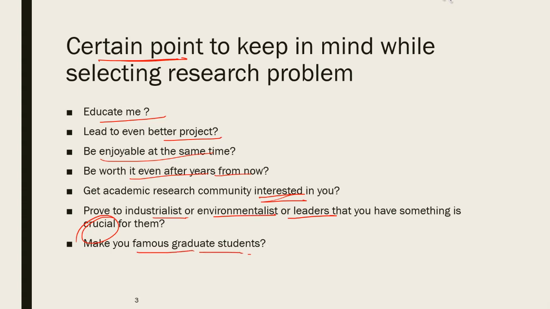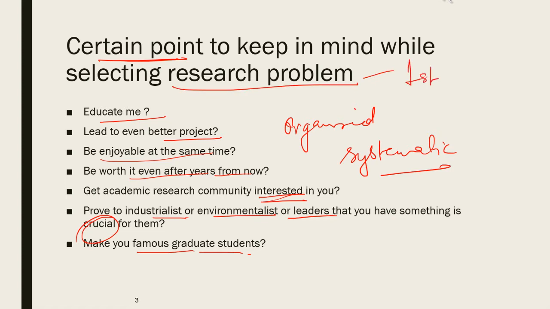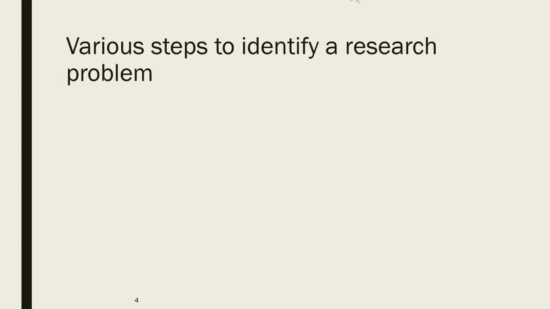Alright, so research is an organized and systematic inquiry and study, right? It is an intellectual process. So selection of research problem is the foremost and basic step. As I told you before also, the research problem must be carefully selected. Researchers should take help from a guide. In order to identify a research problem, we can go through various steps. Various steps to identify a research problem.